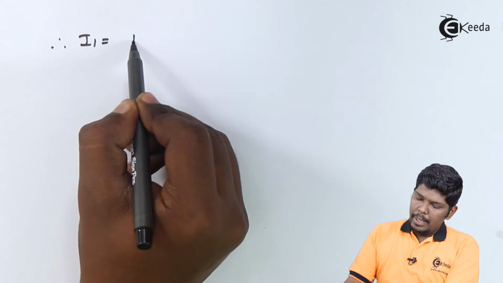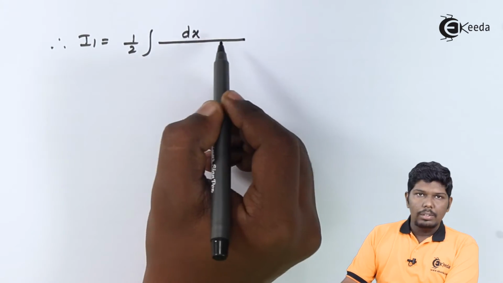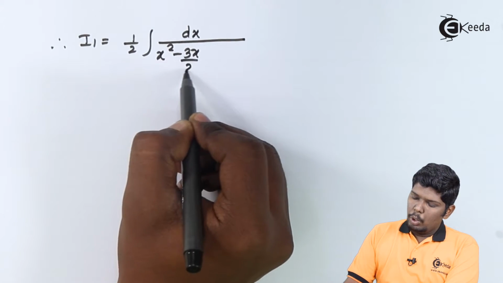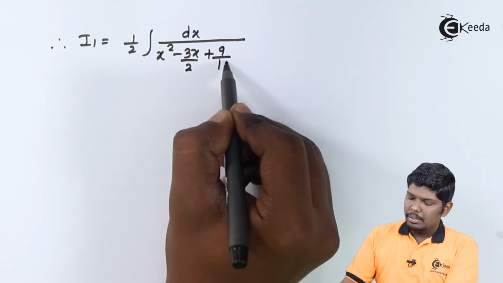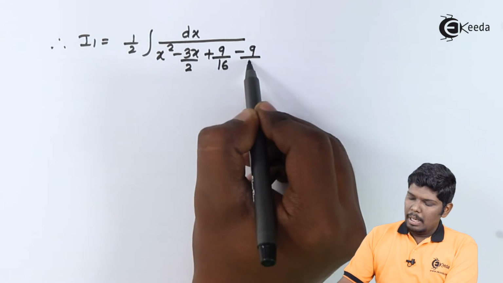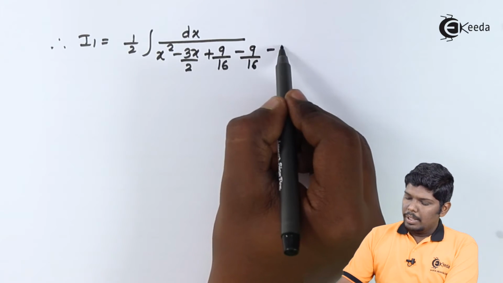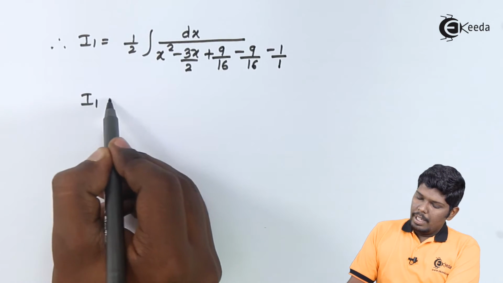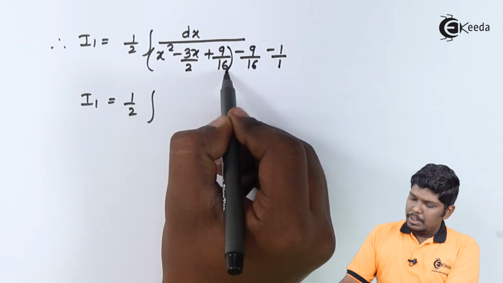Therefore, I1 becomes 1 by 2 integral dx upon x square minus 3x upon 2. Adding the third term, we have plus 9 upon 16 balanced by minus 9 upon 16, followed by minus 1, whose denominator is 1. Therefore, I1 is half. You can reduce these three terms as